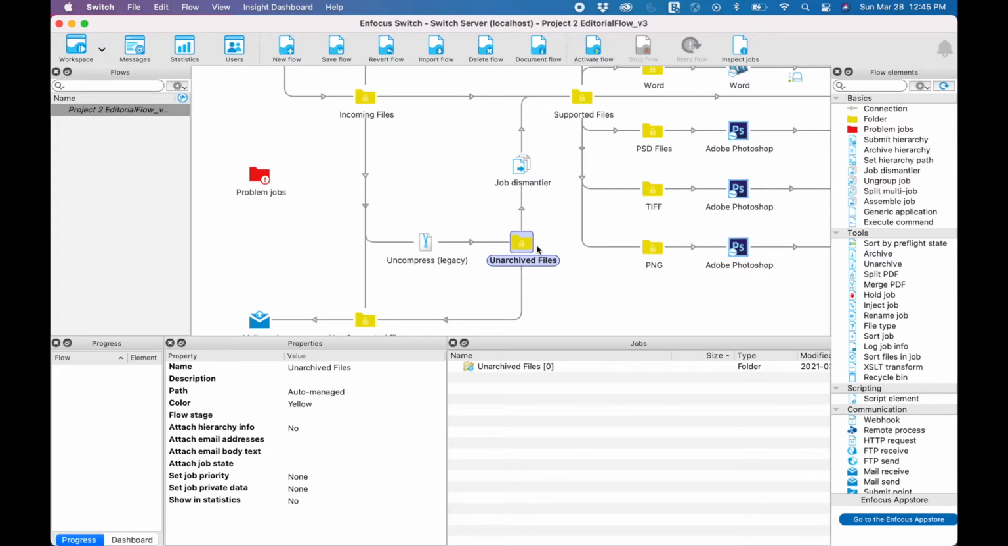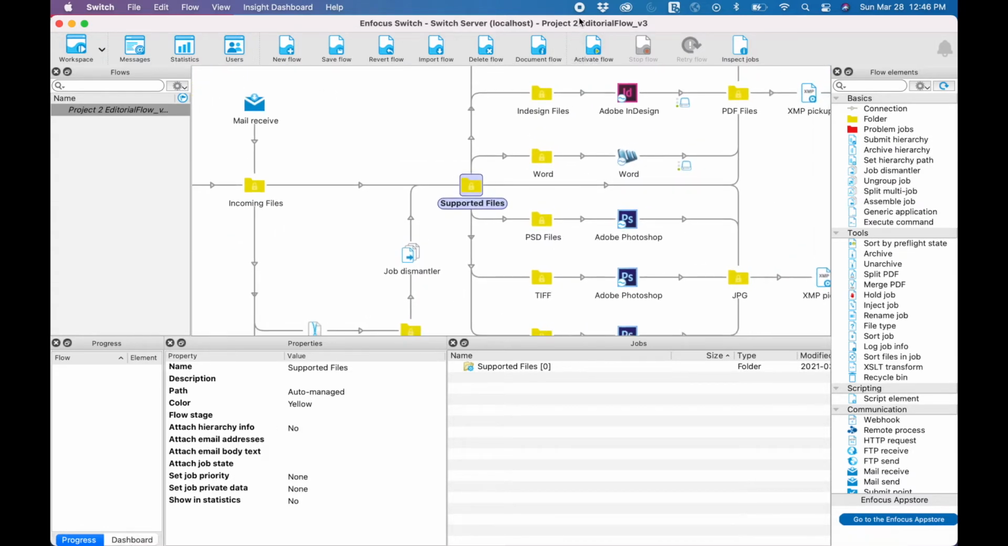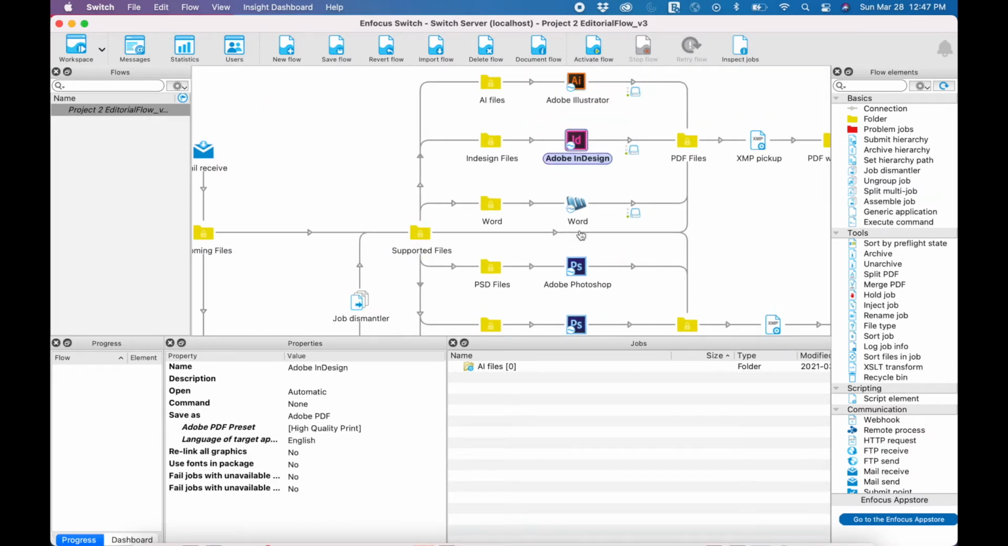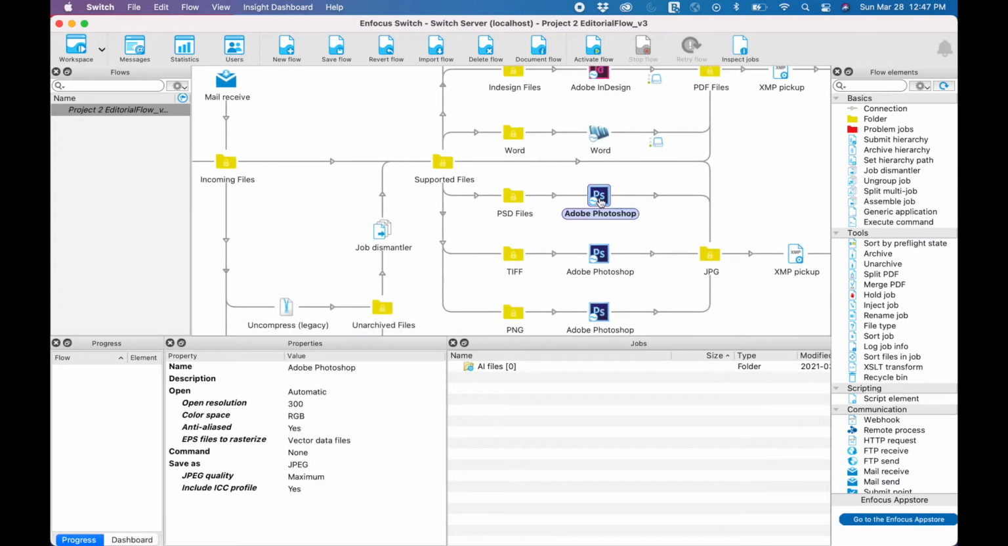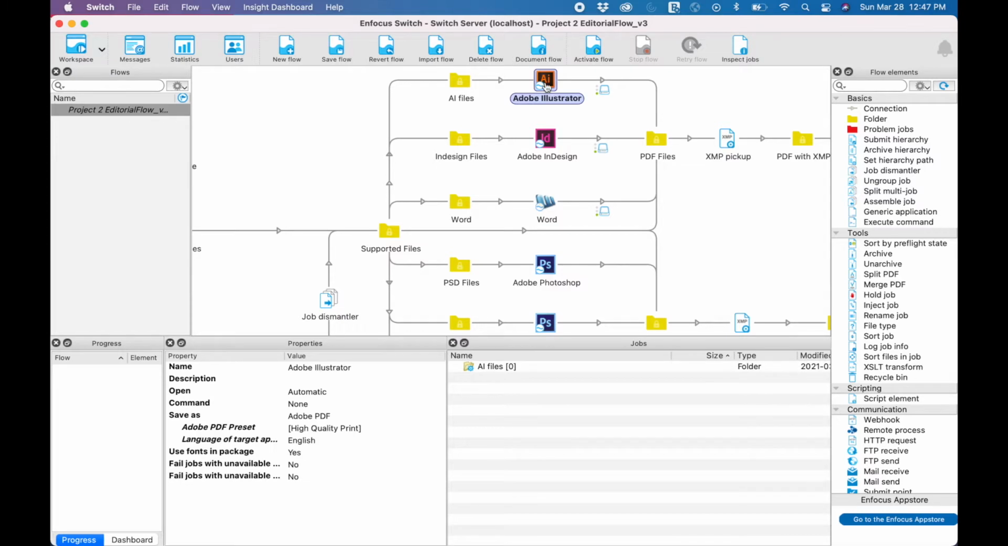Here we have the job dismantler element, where the files that came in a zip file decompresses and becomes a folder. So this workflow element helps bring the files into the next folder, supported files, as individual files rather than a folder. In this section, you will notice that these workflow elements are icons of familiar application softwares that a magazine would